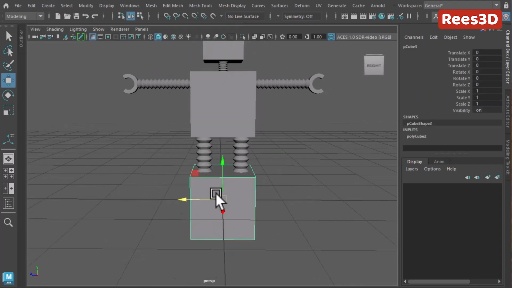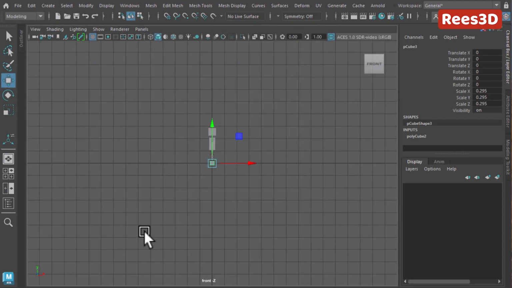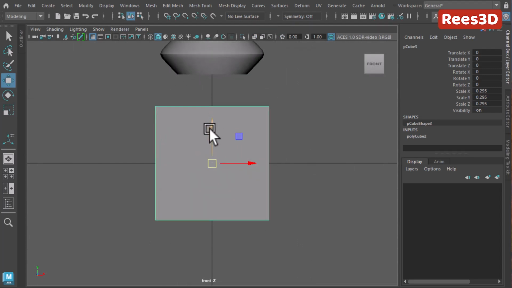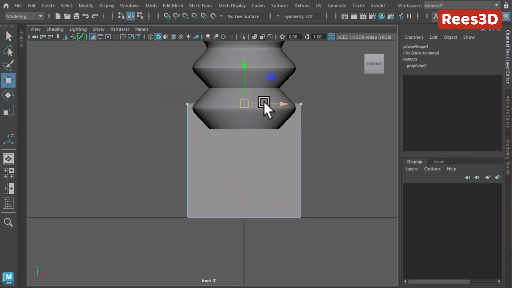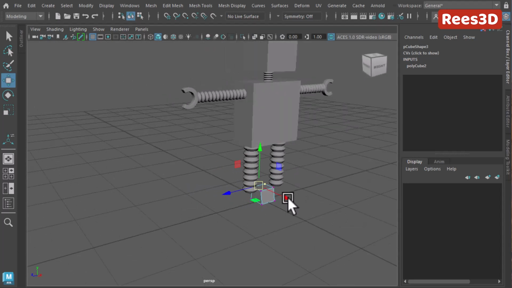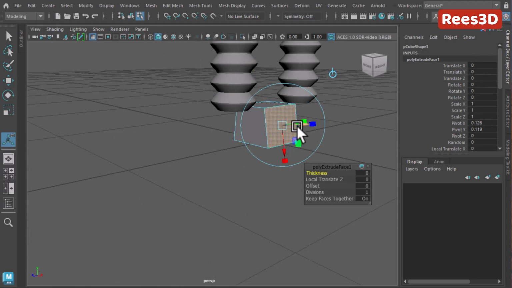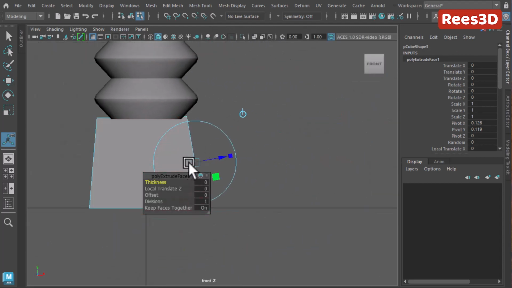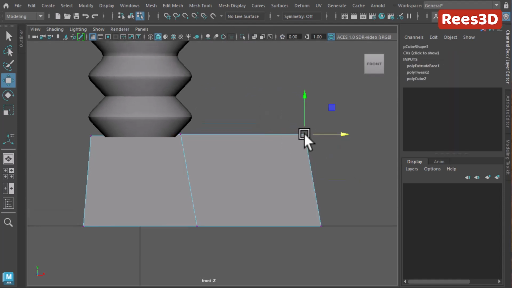Right, so create a cube, make it small, just pull it up here like so, and I'm just going to push this down so that it's just barely touching there. This one is going to go front, this one is just going to be there, and just one simple extrude to the front. Alright, now when I extrude it, it might just want to go so much higher, so I'm just pushing it using the